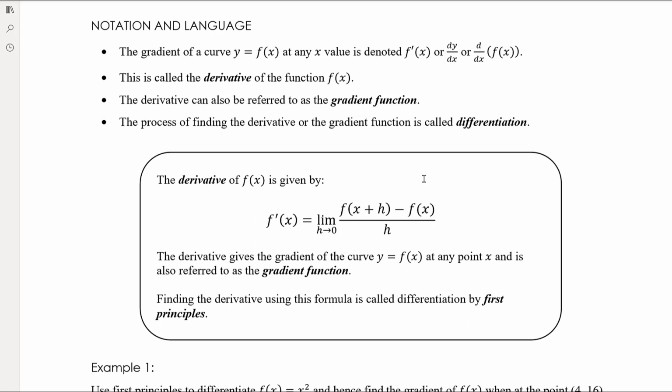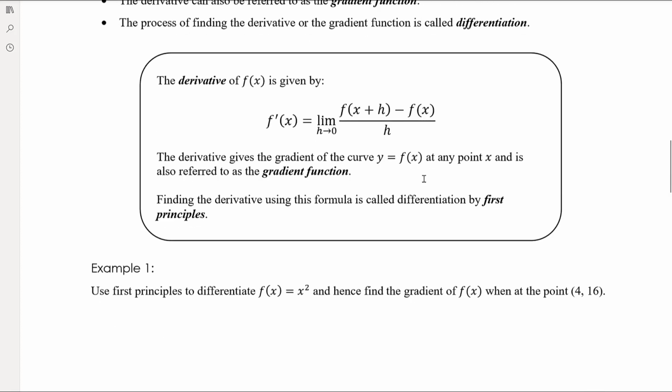Okay, and to find the derivative, we use the process of differentiation. The derivative can also be referred to as the gradient function because it describes the gradient of the curve at any point x. And as I said, the process of finding the derivative or the gradient function is called differentiation. Okay, so here we now have our derivative of f of x is called f dash x, and we calculate